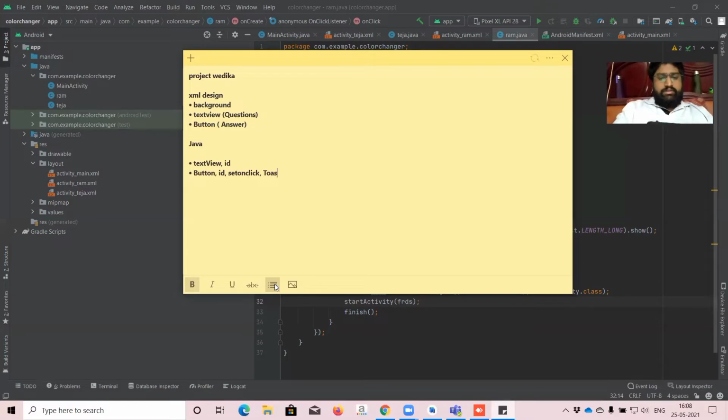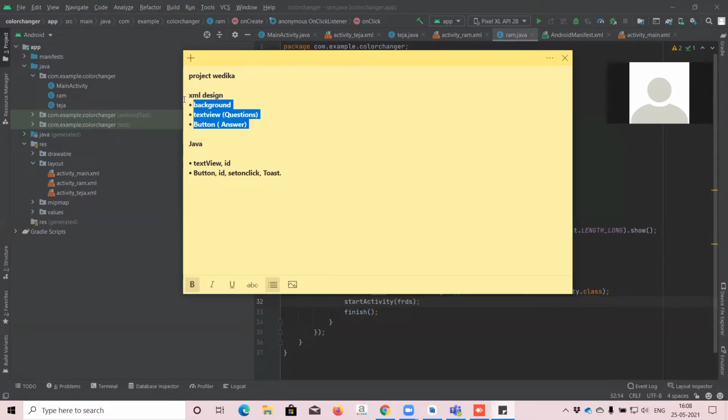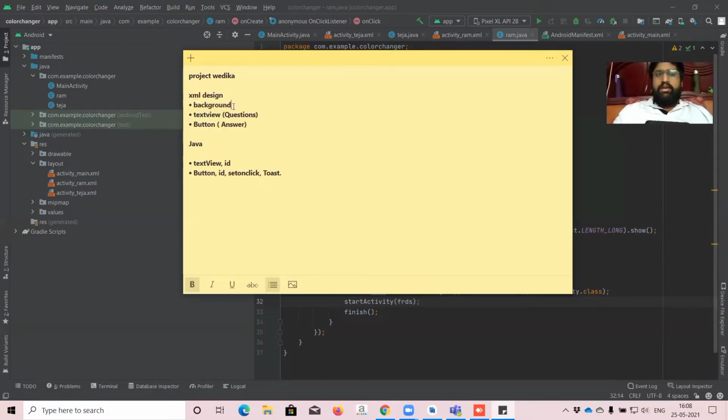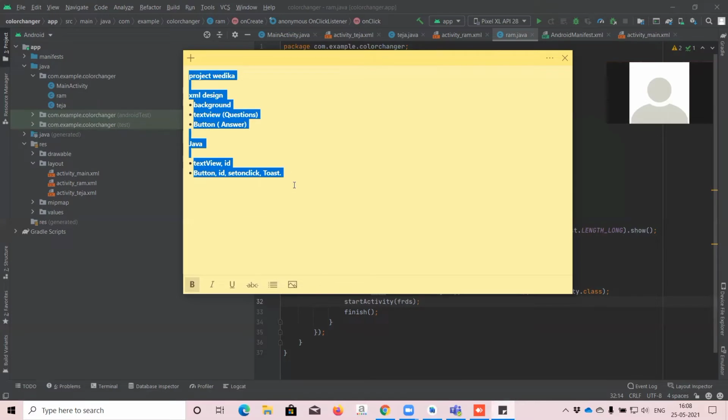Inside that, toast. You don't know what this is, right? But you know somewhat of this. You know how to change the background, but not exactly. Today we will do step by step. No worries. So today we have to complete this project Vedika task. First activity, a simple activity. It's not rocket science. Only 3 to 4 lines of coding. That's it, so you will get an output.